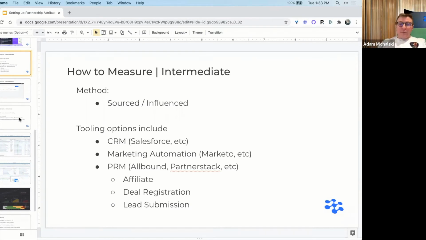So influence is something that I want to spend a little bit of time on, but just for the tooling piece, there's a variety of different ways of doing it. With CRMs, for example, right alongside the sourced field, if you put it on the opportunity, you can also have a couple of tags for influenced. I would encourage you, if you're going to go that route and have it directly on the opportunity, to make sure